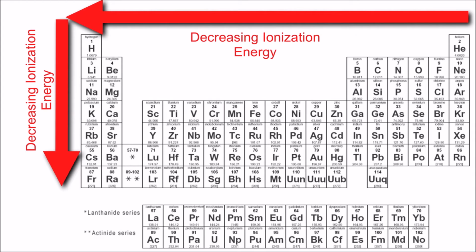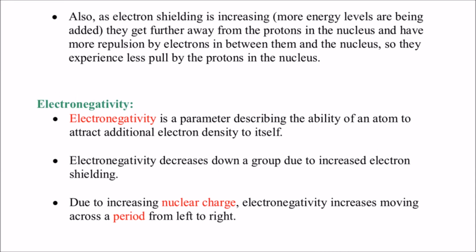If you are asked for the trend for increasing ionization energy, you would just do the reverse of this. You would draw your arrows up and then from left to right. And so we've talked about electron shielding here and how it affects our ionization energy. Okay, the third